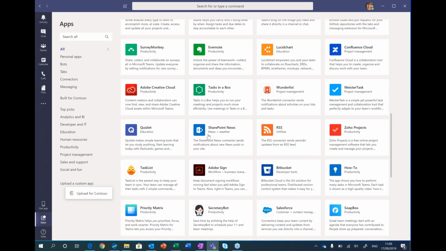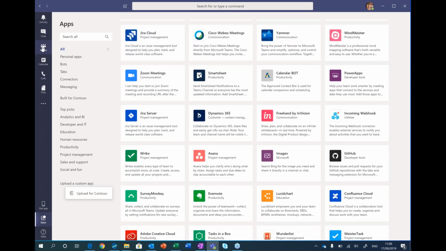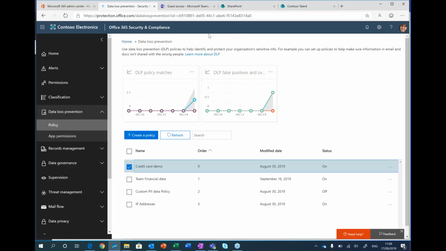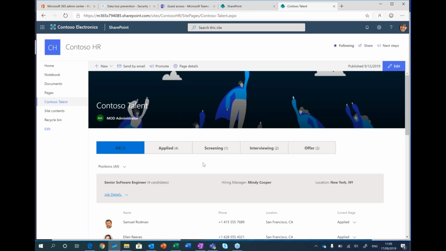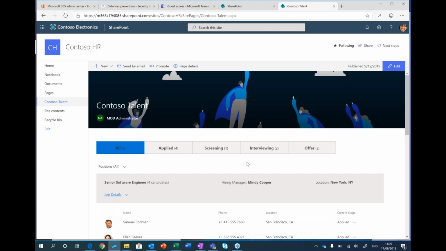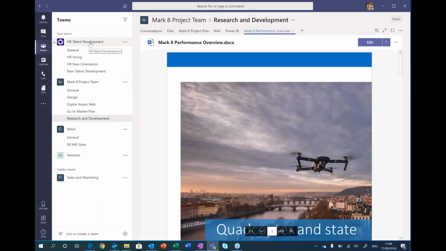But the nice thing is, if you have any existing apps, like for example this HR talent board, this is just an app that's been published in SharePoint Online, and we could be using this extensively. And as we migrate to Teams, instead of HR having to hop out of Teams and come to the SharePoint team site, I can add this as a custom app in Microsoft Teams. So you have created an HR talent development group,